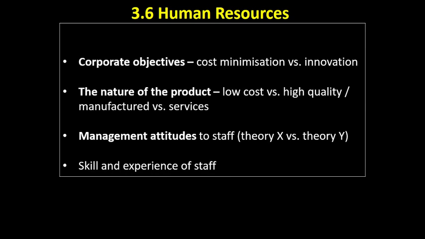The skill and experience of staff. Okay, if we've got a very young staff, if we've got a lot of part-time workers, temporary workers, holiday workers, etc., that sort of organisation might lend itself to centralised decision making, because basically staff don't have the skill or expertise to make decisions, whereas in a company with a very experienced staff, highly qualified, maybe they'd be able to make better decisions, and so we look for a decentralised approach.